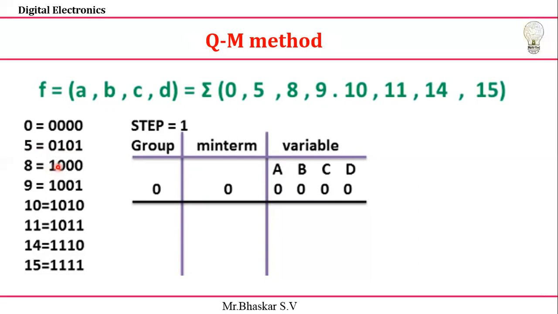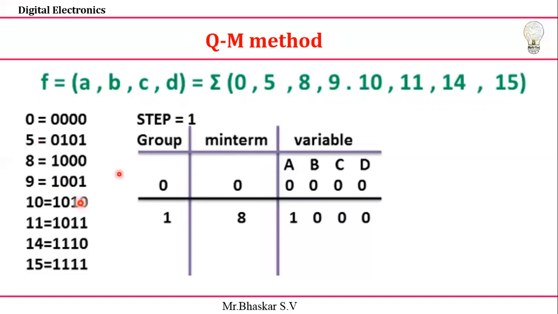Yes, I can take this one. Okay, we can see that now, where there is only one 1. I'm going to take an 8. Let's check how we are going to take the group number. You can give 1 in terms of minterms. You have only 8, which consists of only one 1, and the remaining are all 0 0 0.